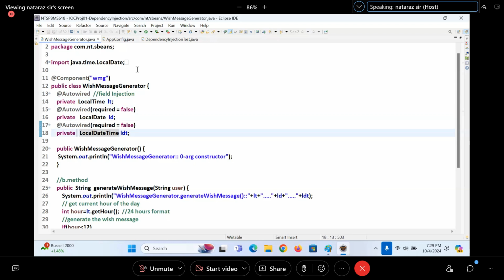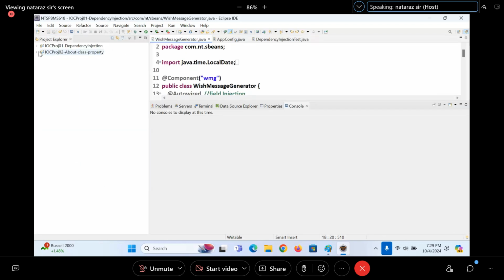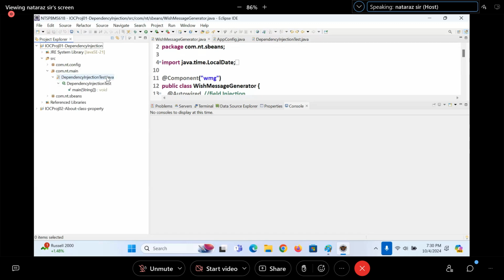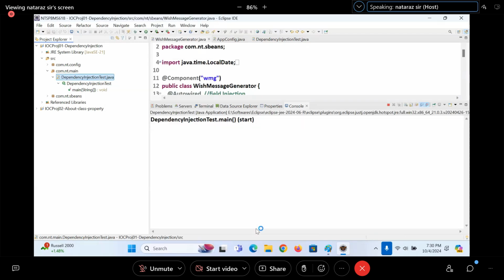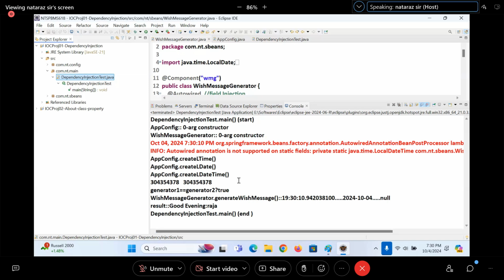Okay, I'm taking this property as static. Now have a look at that. Go to this place, src, main class, DependencyInjectionTest. Run as Java application. Okay, guys, what is coming here?